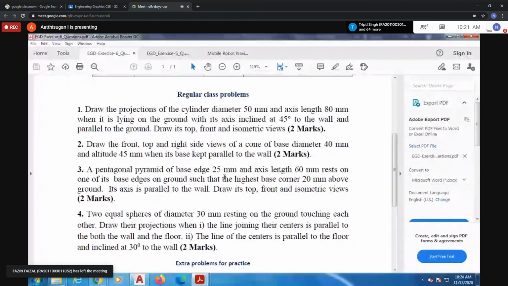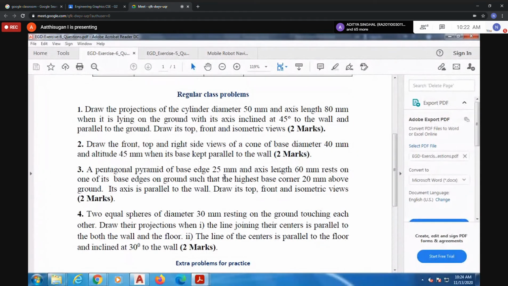According to your question, I will come back. So if the front view will be a circle, what about the axis? Is the axis perpendicular or parallel? Perpendicular to the wall. Okay, then kindly read the last point. Base is kept parallel to the wall. Base is a circle, no? Yes, base circle. Now, according to your point, you said the front will be the circle. Is the circle perpendicular to the wall or parallel to the wall? Parallel. The circle is parallel to the wall, VP. Correct. So what will be the front view? Front view will be the circle.